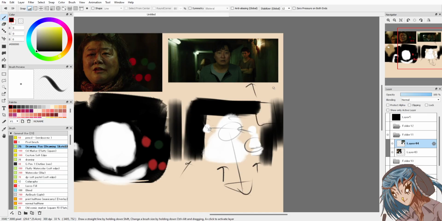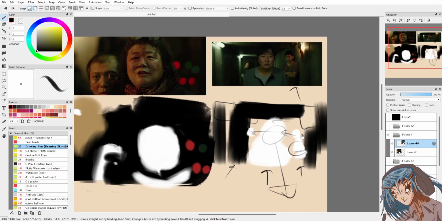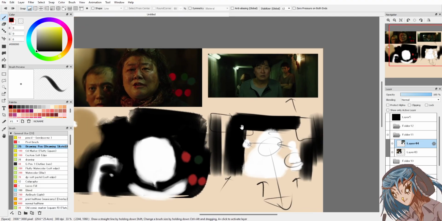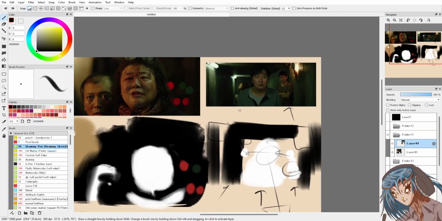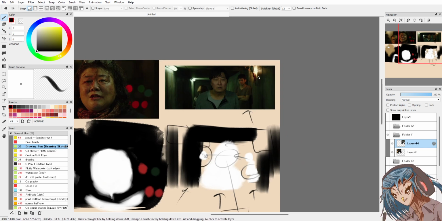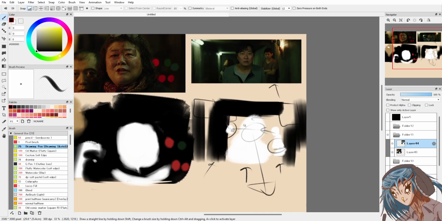So you don't need to establish the lighting and environment anymore because we've already done that. Now we can focus on the interaction of the characters. The focal point is the characters. This character is behaving erratically in this situation. We know she was reserved from earlier.